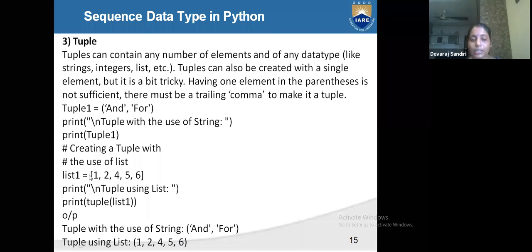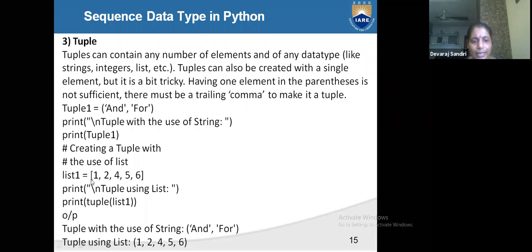Here, in Python you do not need to write "this is a list, this is a tuple"; Python can understand it from the way of writing. So here the list will be converted into a tuple: 1, 2, 3, 4, 5, 6 is converted into a tuple. Print tuple 1 and it prints "and" and "for".